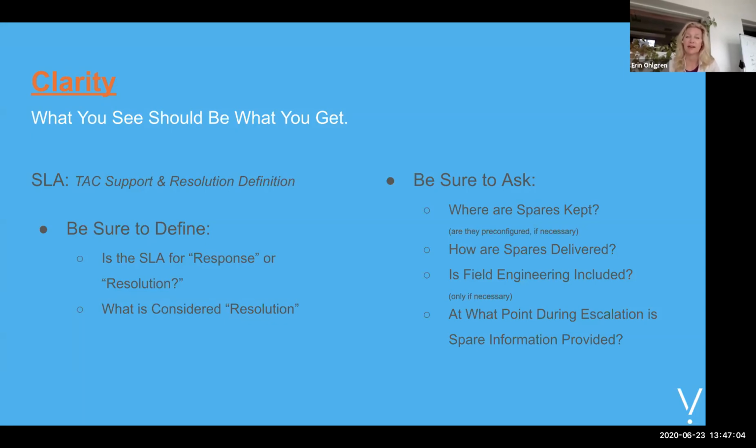So not to overcomplicate it, it really isn't, but it is just about sitting down with you, looking at your estate, your locations, and what your needs are,